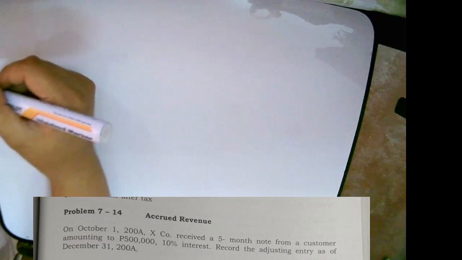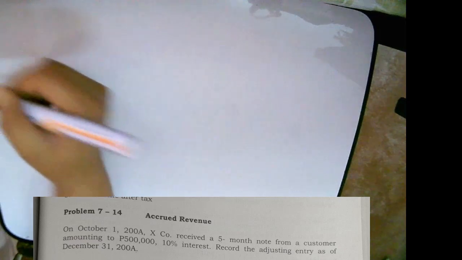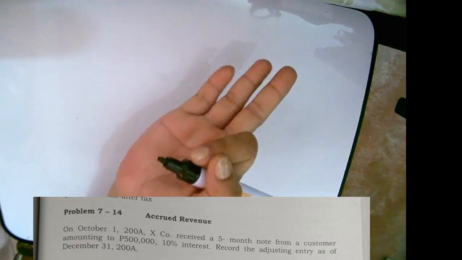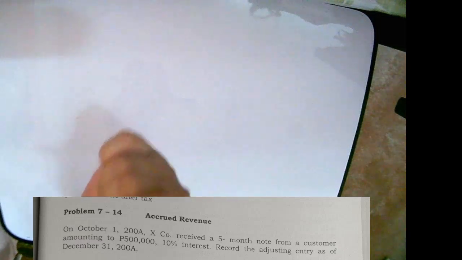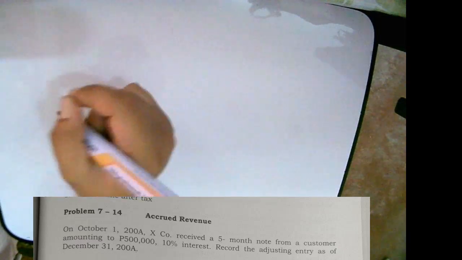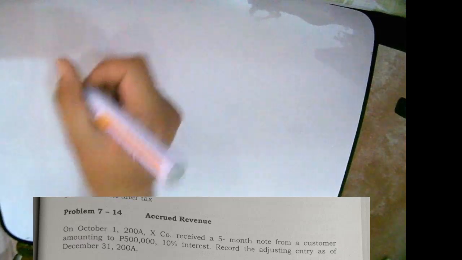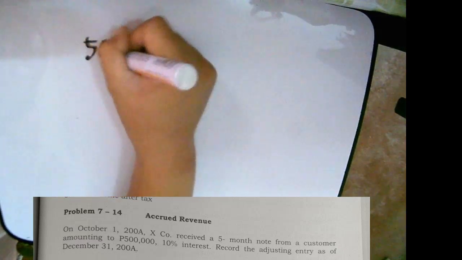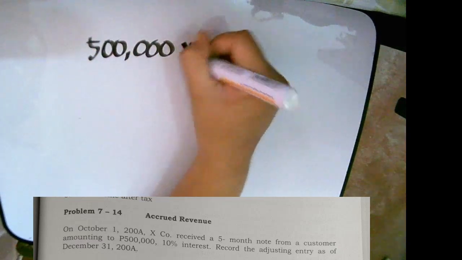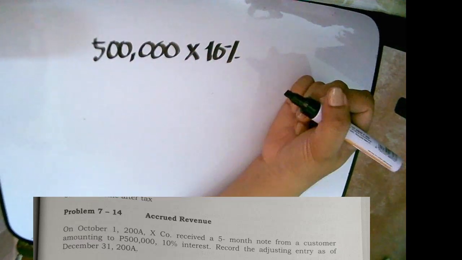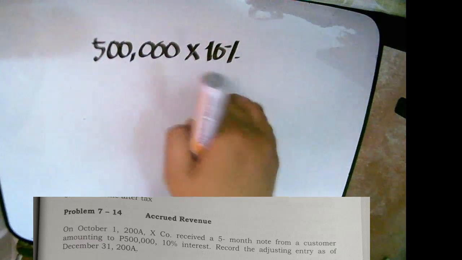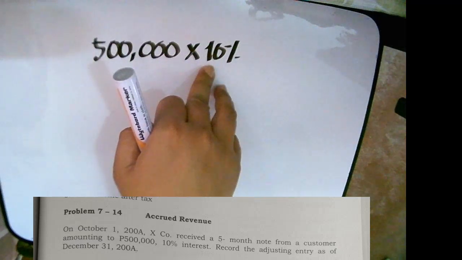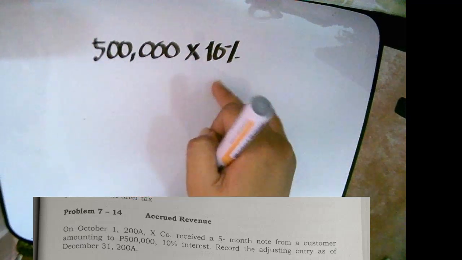So our counting starts from October 1 down to December 31. That is October, November, December. So that means 3 months of interest has accrued. How do we compute it? Again, let's take our principal. The principal amount of our note is 500,000 pesos, and the interest is 10%. Take note that when we are given a percent, a percent of interest, or rather a rate,